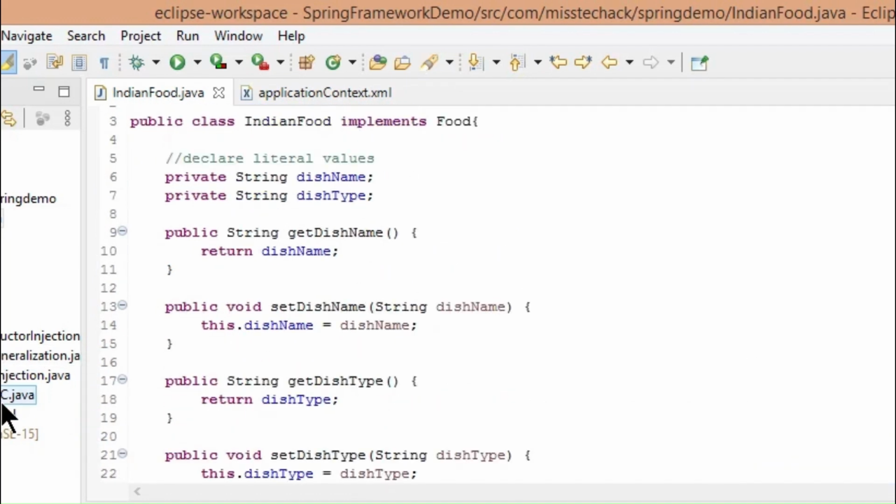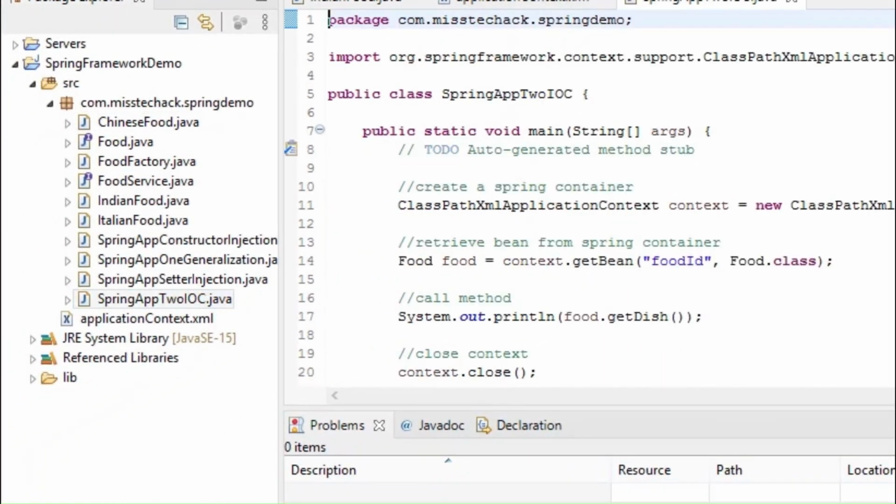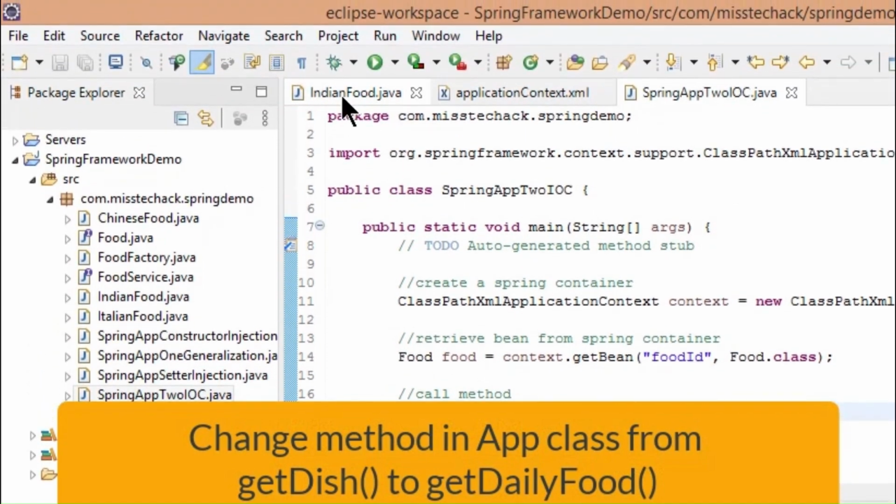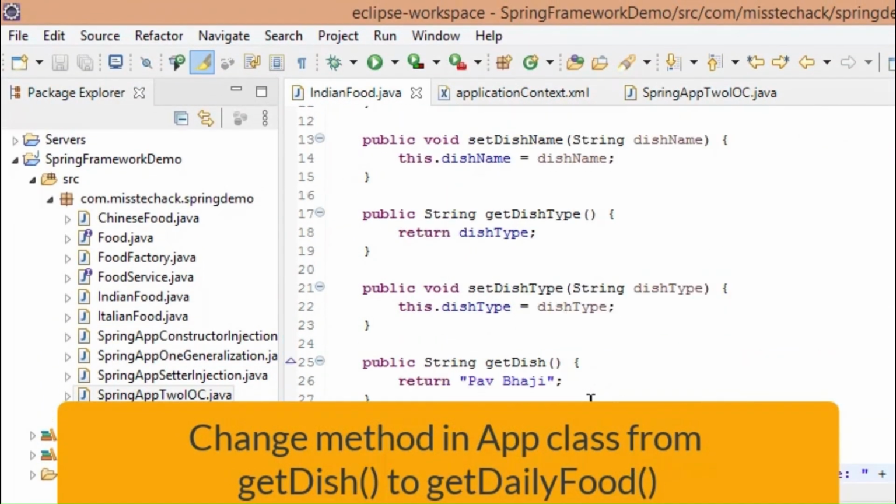Go to Spring App 2 IOC class and change the call from get dish method to get daily food method.